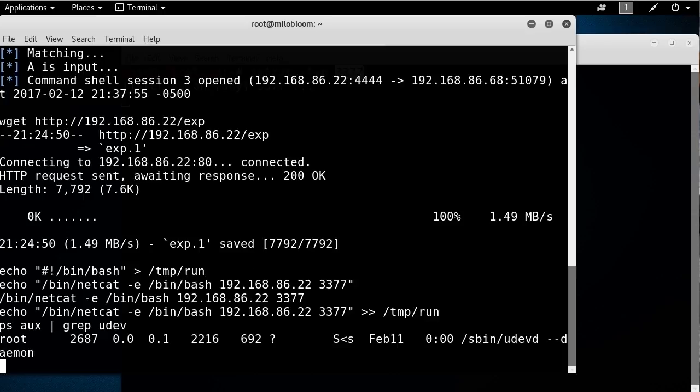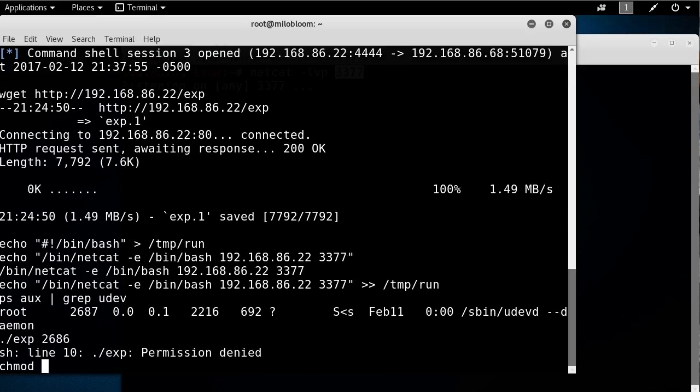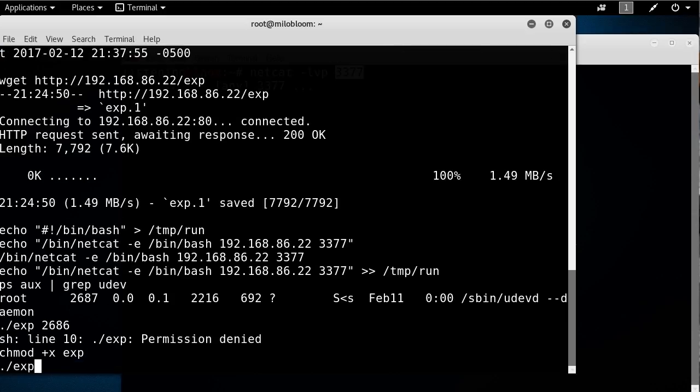I am going to now say ./exp, which is going to be the exploit program that I had downloaded. And we're going to say 2686 because we're going to go one less than the process ID. And this is going to now exploit the udevd binary, or the process that's running. And I need to make sure that it is executable first. And now I can say ./exp